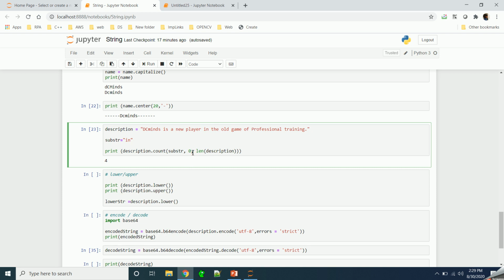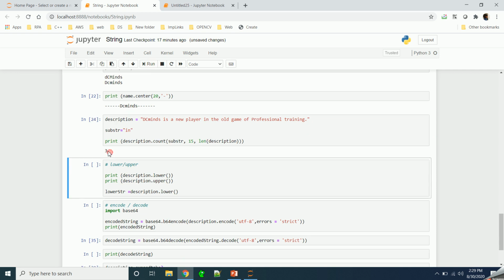If I give here 50, now let's run this, what we are getting, we are getting 3. This is because from location 50 onwards, somewhere it will come here. So here it is 1, 2, and 3. So from location 50 till the end, this particular string is present only 3 times.